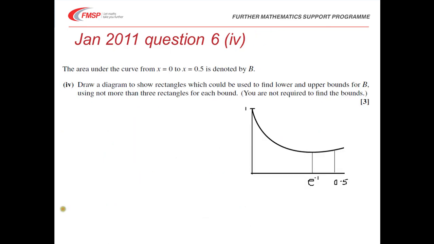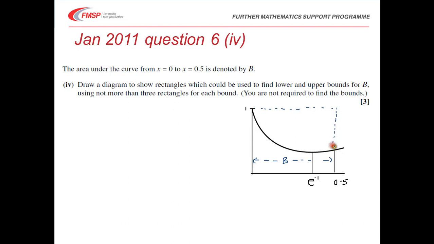So if we just have a look then at the last bit, so in this particular case what we're actually doing is we're looking at this area now to the left. So this is our area B, is going from 0 to 0.5. So this is the area we're looking at. So we're asked to draw a diagram to show the rectangles to find a lower and upper bound. So if we start, I've marked on here which is our turning point. So if we take an upper bound, then probably the easiest way of taking an upper bound would just be